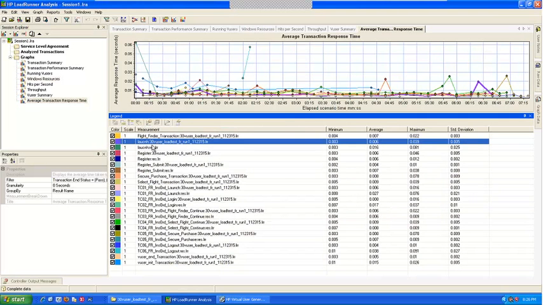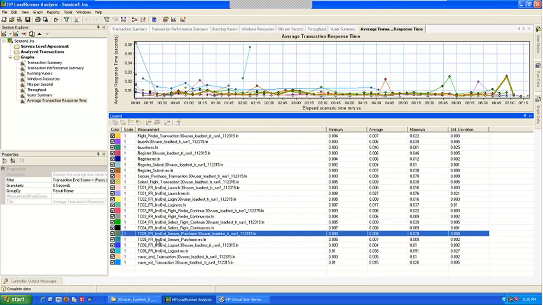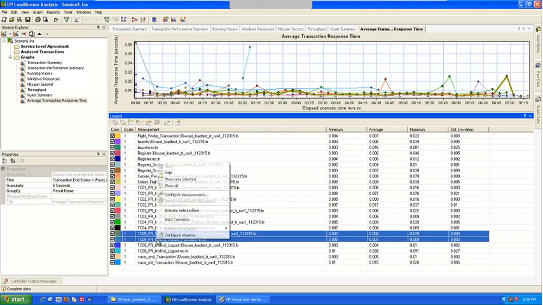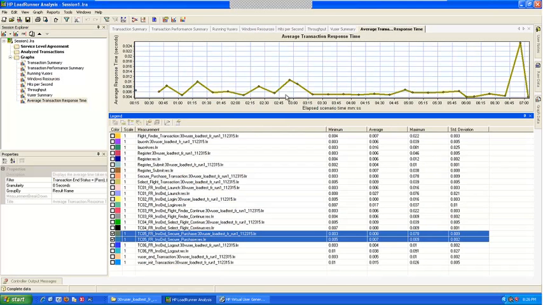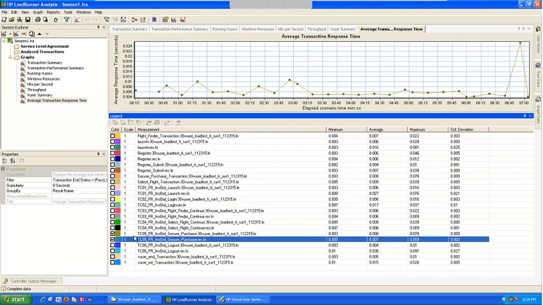You see here. Now if I want to see how my secure purchase did in release 1, where is the secure purchase? Secure purchase. The second thing didn't run. So I'll select these two and see how my secure purchase in the first script and secure purchase in the second script ran, using show only selected.